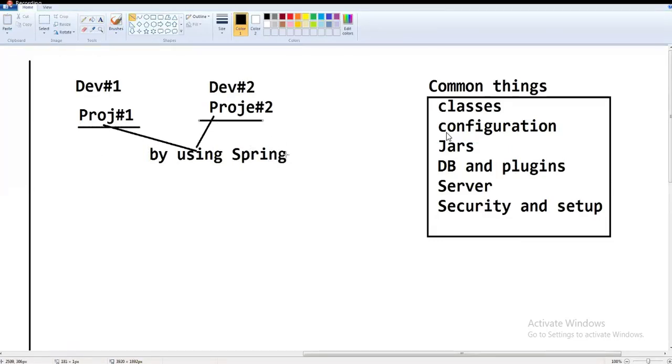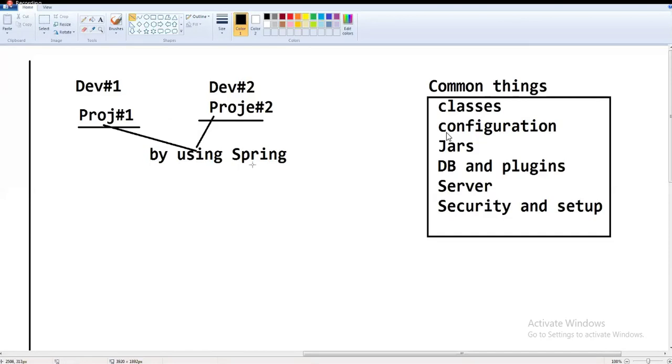Two different projects will have some common classes, some common configurations, common jars, common database and plugins, and some servers and security concepts.